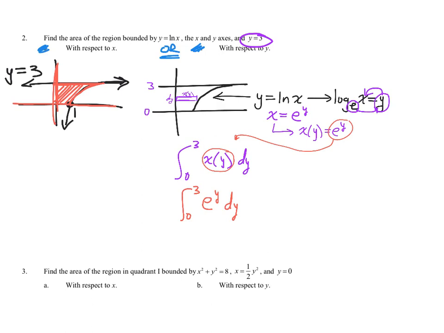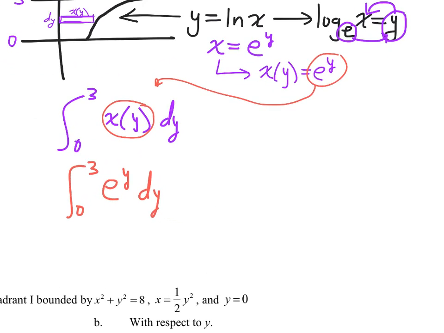So if that's the case, you come up with an integral that has a natural log of x in it, and you look at it and say, ah, yes, the antiderivative of natural log of x. I will be staring at this problem for quite some time because I do not know that piece of information. It could be a problem. If you don't know the rule, you'd have to use integration by parts to figure it out. Obviously, we're not there yet in this course, but even if we were there, it's not something you want to do. The antiderivative of e to the y is e to the y